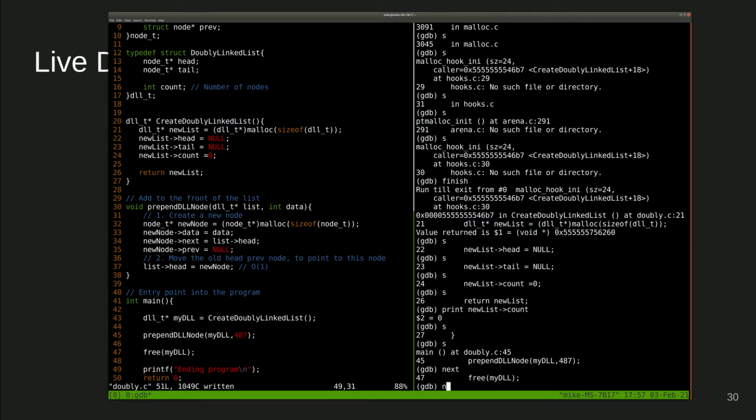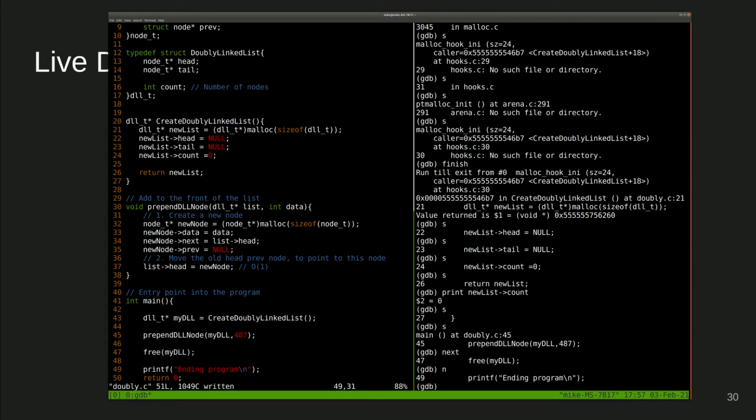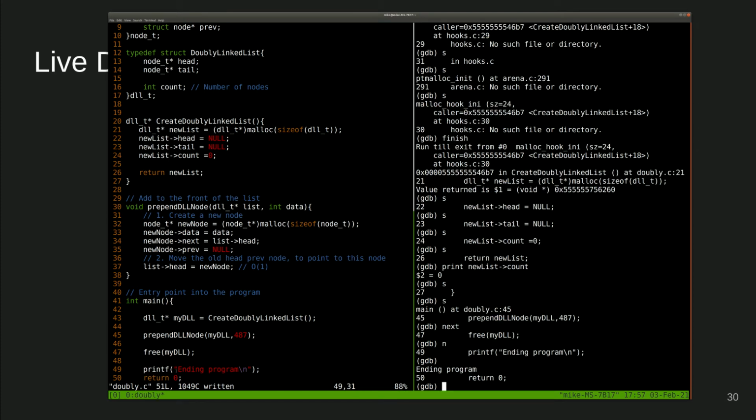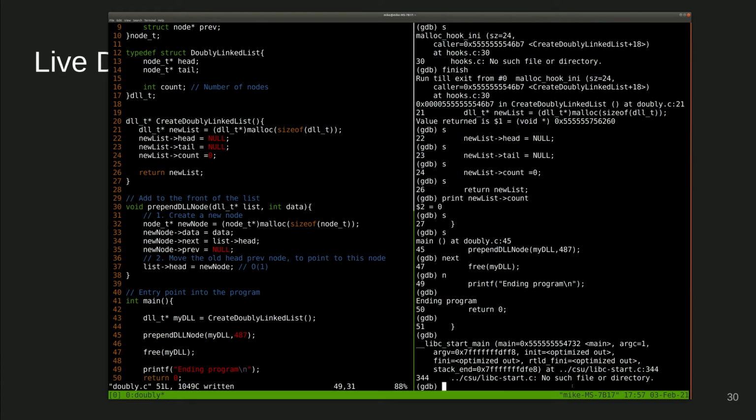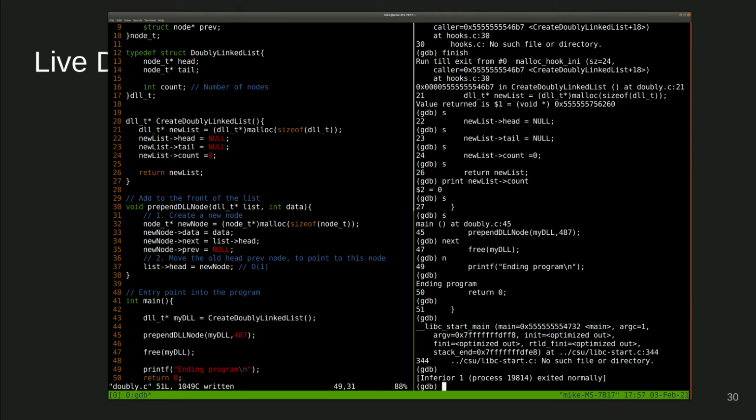Okay, and then I can just type in n or next, to be short, and then ending program. If I just hit enter, it'll repeat the last command I did. So if I don't want to keep typing in n, I can do that. And then it'll eventually get down to printf and run the program. Okay, enter, enter, keep entering until we